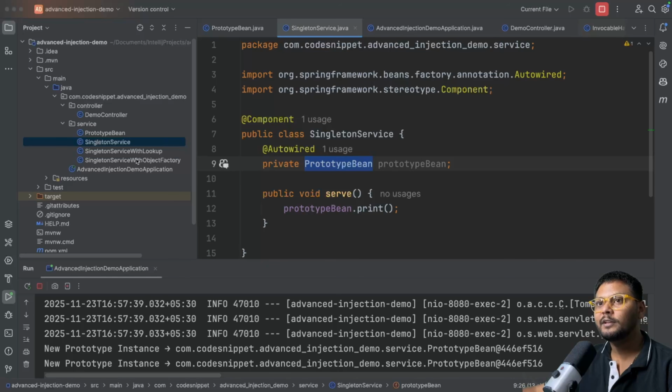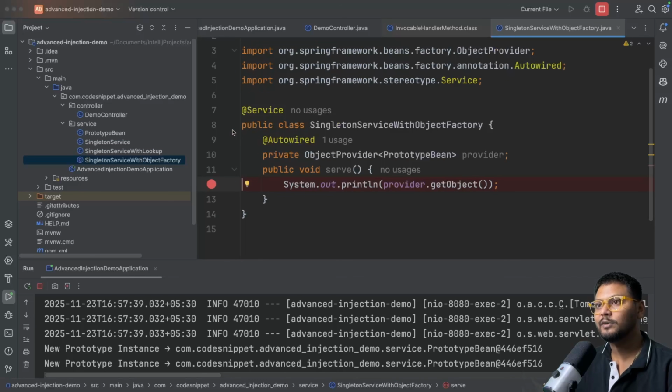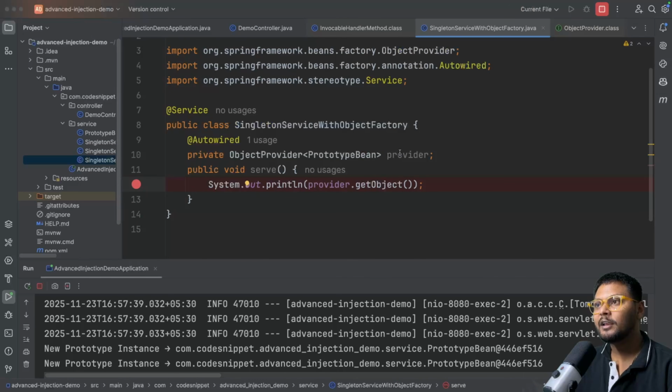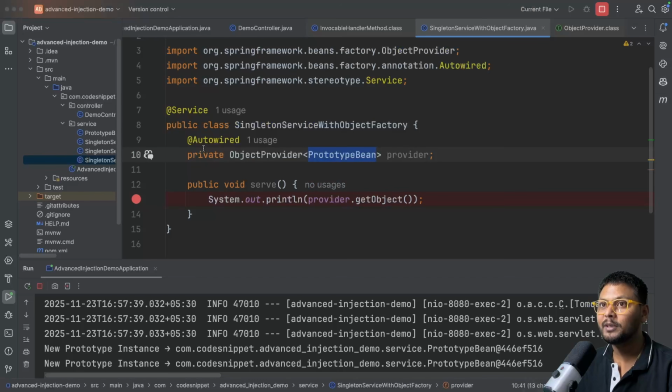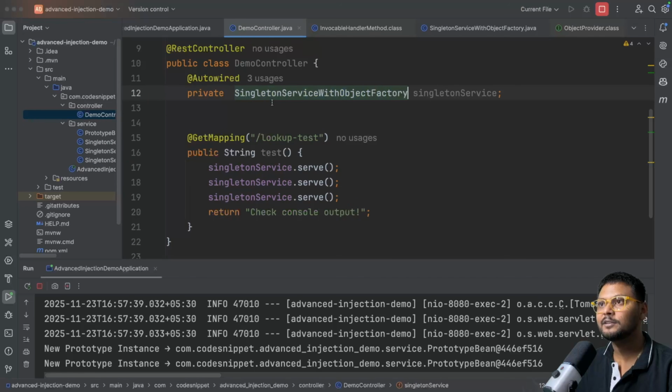Now what we can do over here: I have this particular class. Instead of injecting the prototype bean directly inside this service, let's say this is a different singleton service now, right? Again a singleton service, but now I'm not injecting the prototype bean; rather, I'm injecting an ObjectProvider of the prototype bean, and the object is basically the provider. Now when I say provider.getObject, it will go ahead and fetch the object of the prototype bean for me. Now I will inject this service instead of the previous service inside our